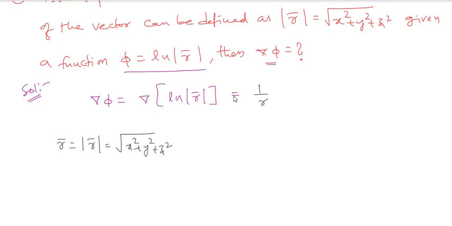So that is r bar into r bar, which is also square root of that one. Which I can represent as r square. So x square plus y square plus z square is a unit circle, no? That square I can do it as. That is the reason why I represented here root of x square plus y square plus z square will be r square. So r square is equivalent to r bar into r bar, which is equivalent to mod r bar whole square. Am I right or not? Which is equivalent to r bar square. Clear with my point? That I can mention here.